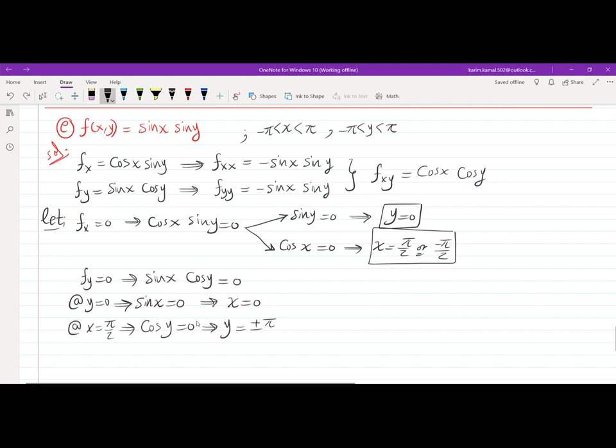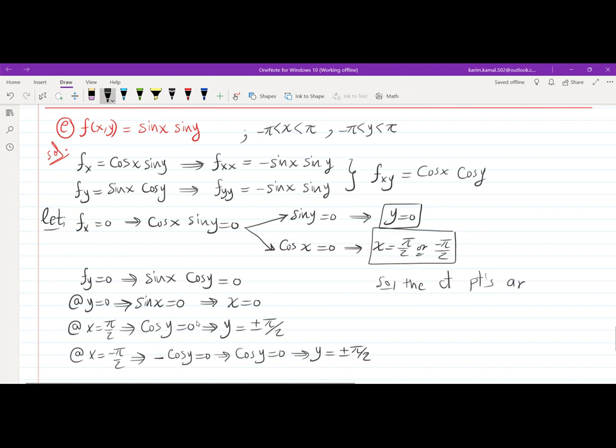And finally at x equals negative pi over 2, cosine y equals 0, which is exactly the same as before, and at this point you get that y equals positive or negative pi over 2. Then the critical points are,